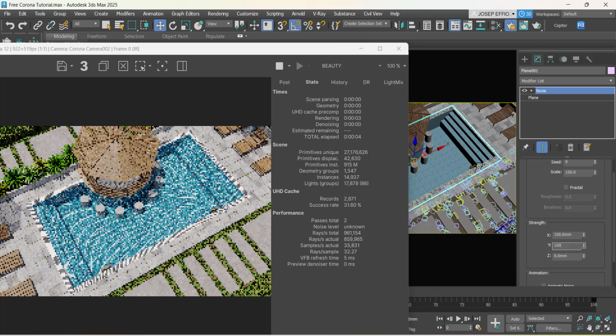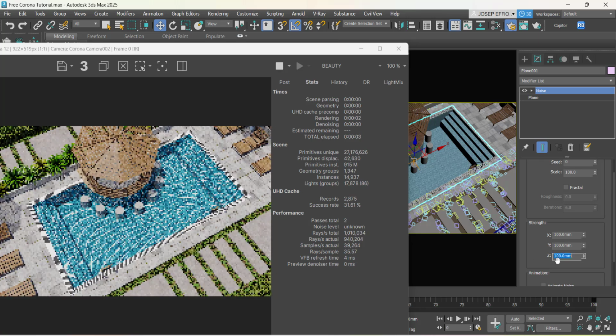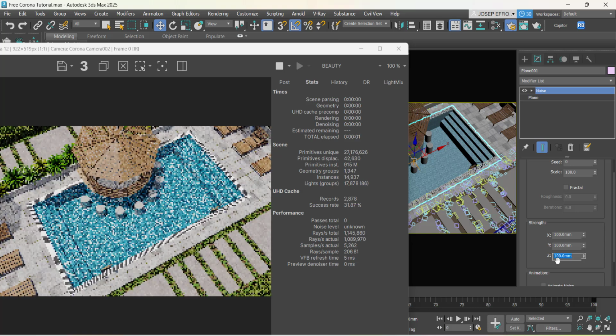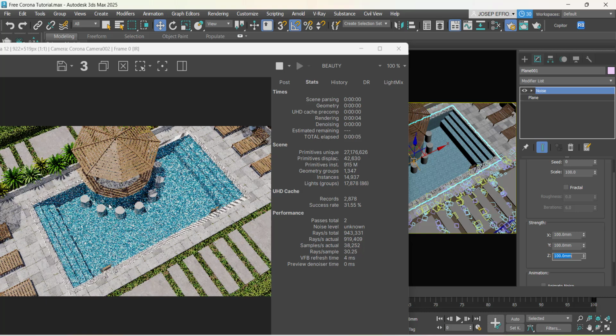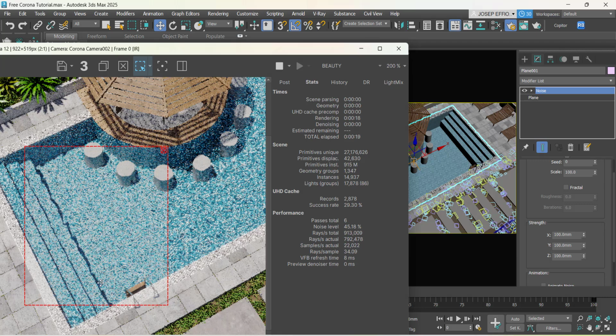Even on the Z axis, I'll give it 100 too. By doing that, you have displaced the geometry and it's going to come out rough now. Let's do region render. You can see that the water surface now is not as straight as it was before, but it's still